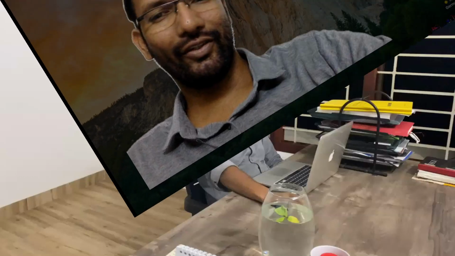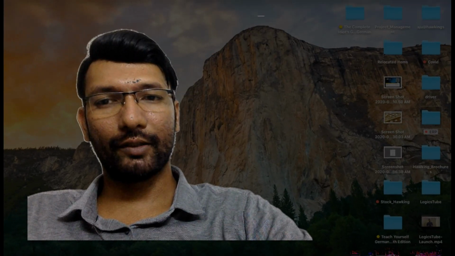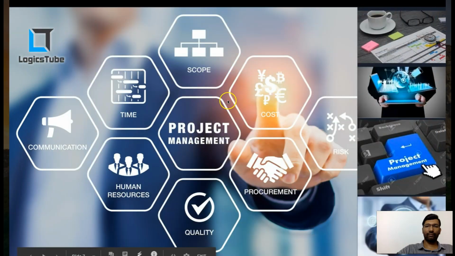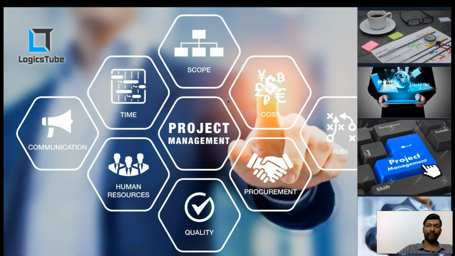Today we are going to present project management process and tools. Last session we discussed project management, knowledge areas and process. Among the knowledge areas, the central one we discussed is project integration management. Here in this project integration management,